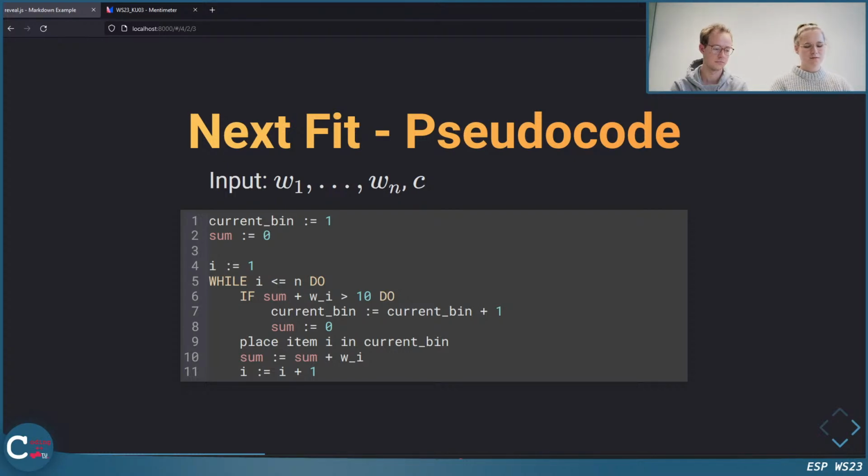And you can do whatever you want basically in pseudocode. So here we just wrote that we place item i in the current bin, and whatever that means in this case. The definition here is more like a mathematical definition. That's why we've chosen this way. So in mathematics, maybe you have seen that if you define something, you also write it this way. The n is not defined, but it's from the problem definition. So n is just the number of items from the input. But you're actually right, we should add this to the input. So I will do that when we upload the slides.